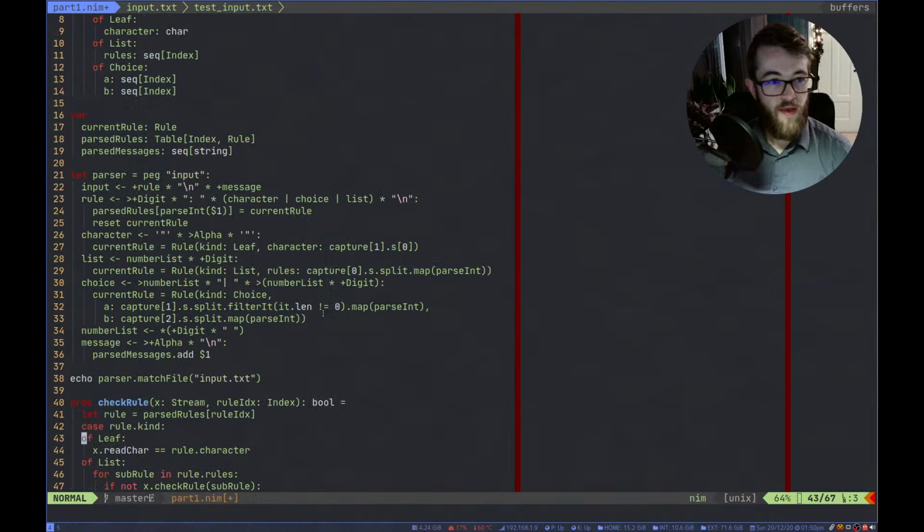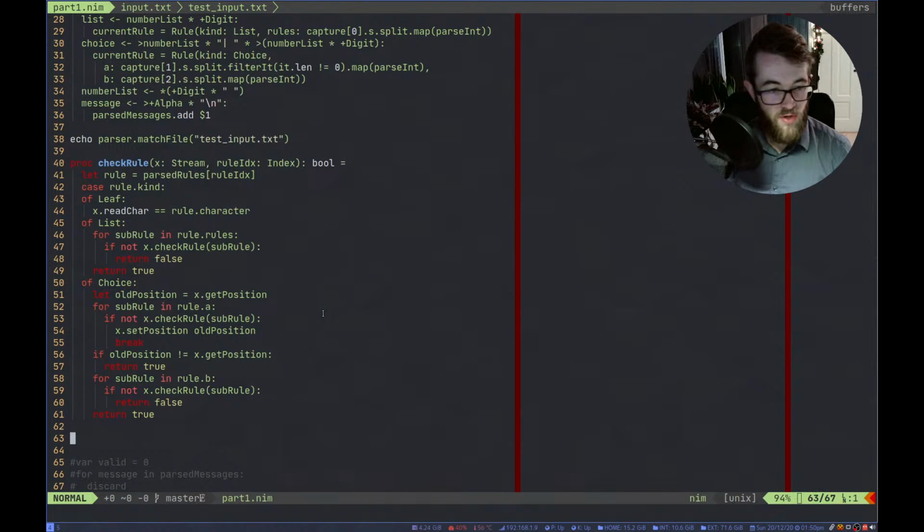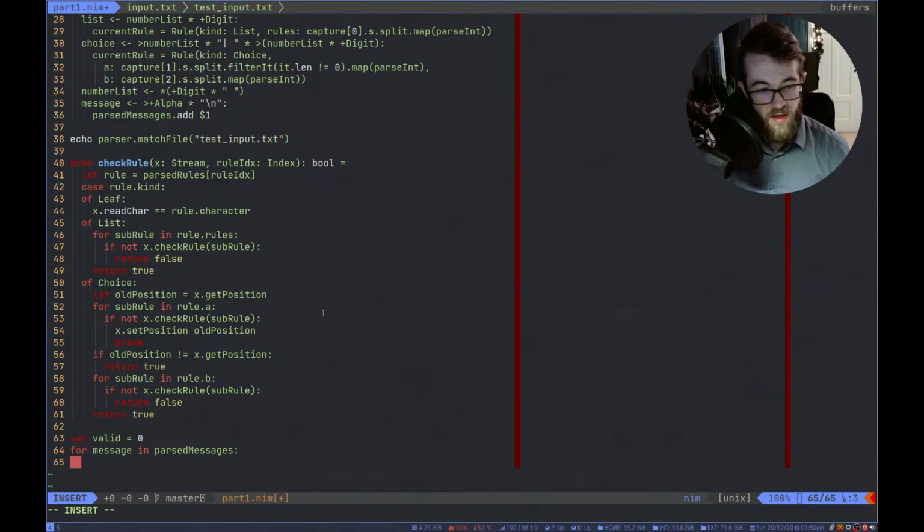This is formatted the same way, so all of this should just work. For each of the messages, we need to create a stream, so it's a new string stream of the message. And then if not stream.checkRule, check rule number 0,